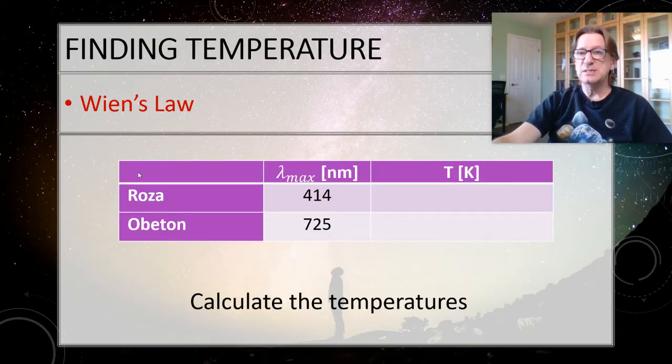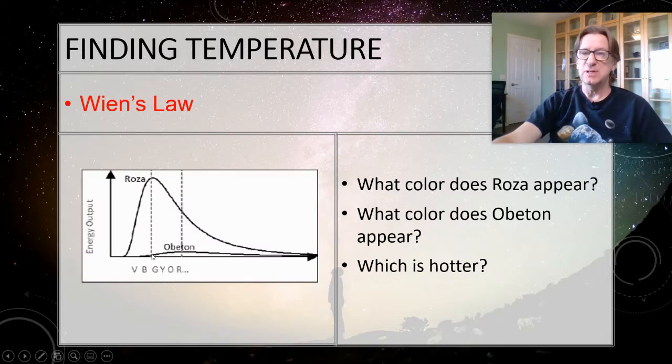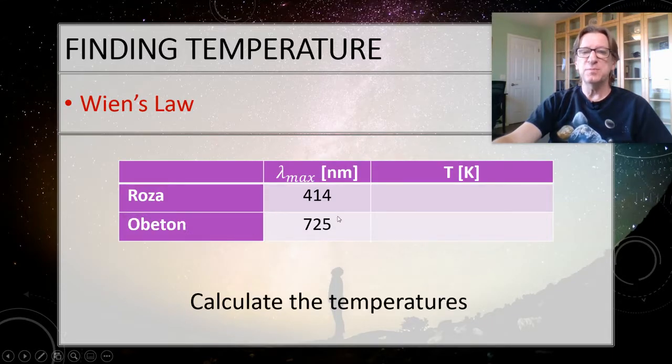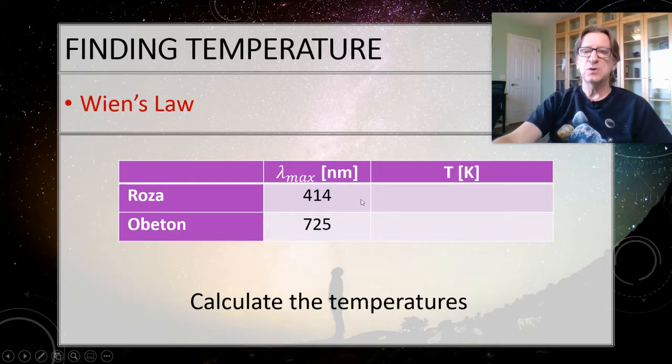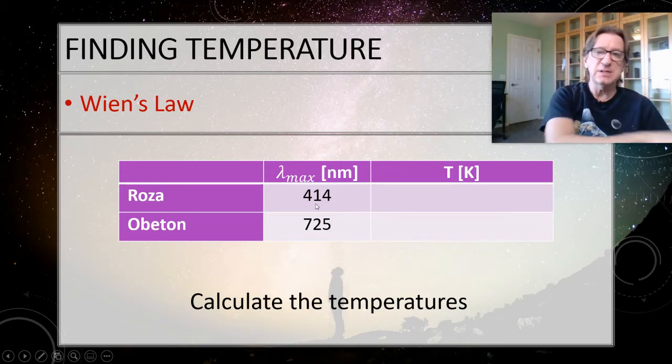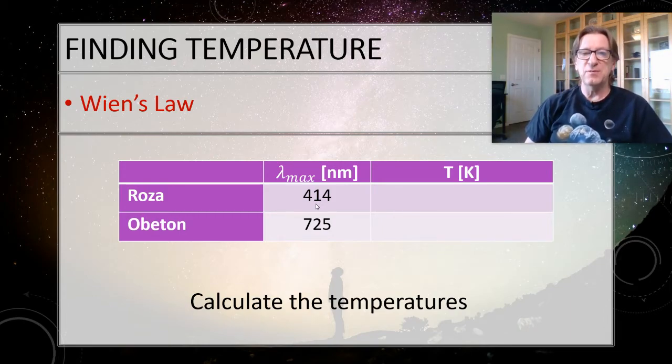All right, so now we want to test that you can actually do the calculations. There are times when I don't just want to know which one's hotter, which one's bluer, and so on. I want to actually get a temperature for that. And so that's what we want you to do now. I'm telling you that Rosa peaks at 414 nanometers, and that's fairly blue. And then Overton peaks at 725 nanometers, which is pretty red. That's pretty extreme red right there. So what I want you to do now is pause the video, and we're going to work out what these answers are for this, okay? So all you need to do is you take the formula that you see up at the top, the 2.9 times 10 to the 6th, divide by 414, and then that's going to give you the temperature.